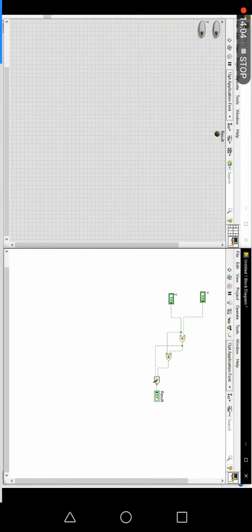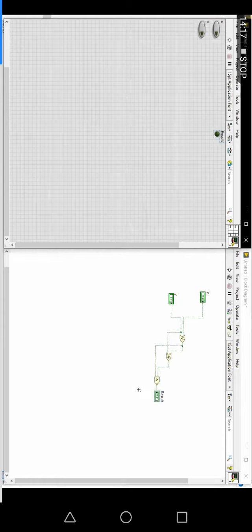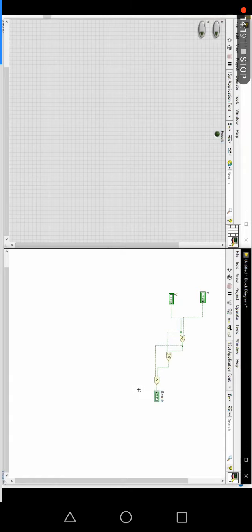Then here you need a logical table for the NAND gate. If you make a mistake in the logical table, you will end up with a wrong answer. So if you know the result, you can execute the problem from right to left. Normally LabVIEW executes from left to right, but here we know the result value, so you can try to execute from right to left and easily identify the input values. That's why I'm saying this kind of scenario is also very important in the Boolean data type.